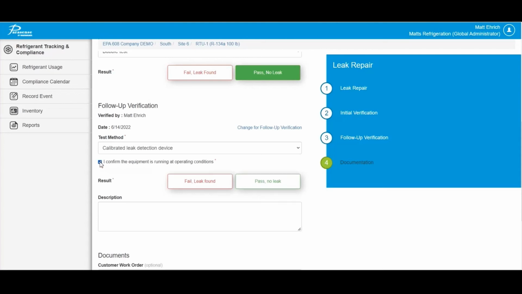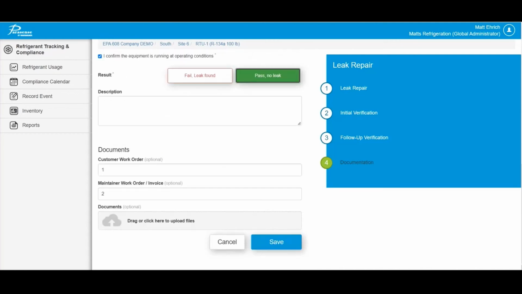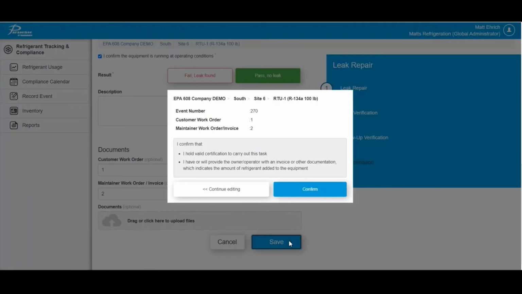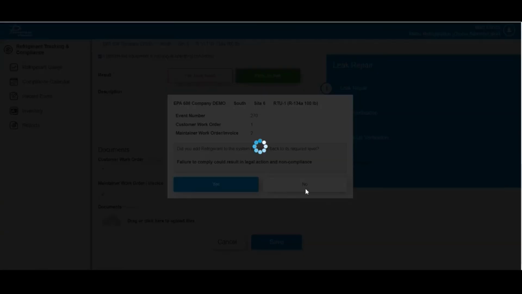Great. Let's go ahead and click on this box. Let's hit pass. And then we can add in work order numbers. And we see the system is great. It's carrying those work order numbers over, so you don't have to enter them again in each one of these steps. Go ahead and let's hit save. Now here is our confirmation, and if we click on this as our next step,